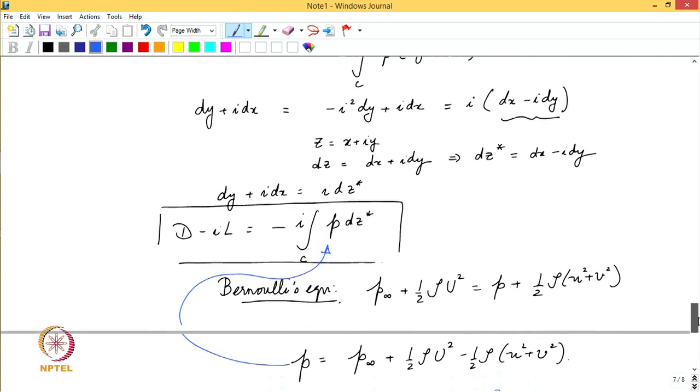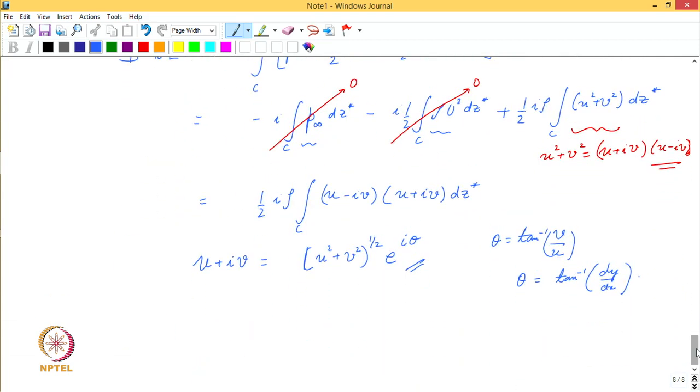What I mean by that is, and this may be a little hard to absorb, but since u dot n is 0 on the surface, then even if I write, for example, the dz function, the small increment in the complex plane, which would be dx plus i dy, this could be written as modulus of dz into e to the power iota theta,